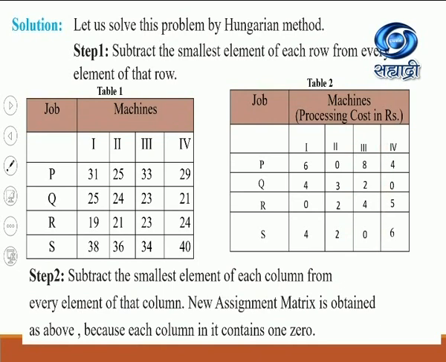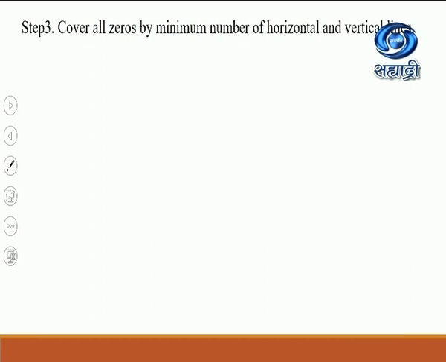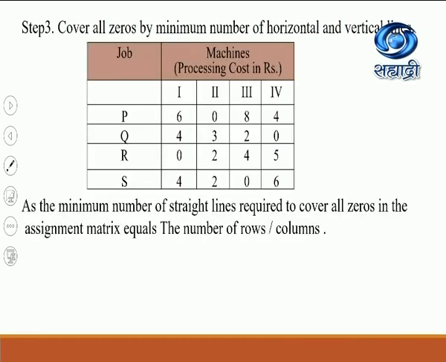And column 4 also has minimum element 0. So the next matrix after reducing is going to be the same. Now we are ready to cover all zeros by the minimum number of horizontal and vertical lines, as the minimum number of straight lines required to cover all zeros in the assignment problem equals the number of